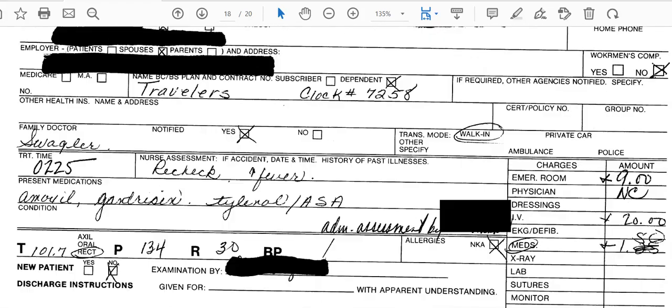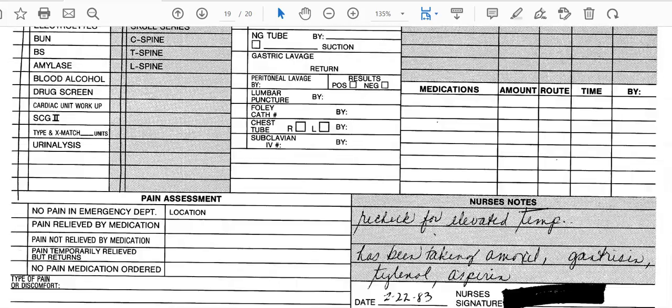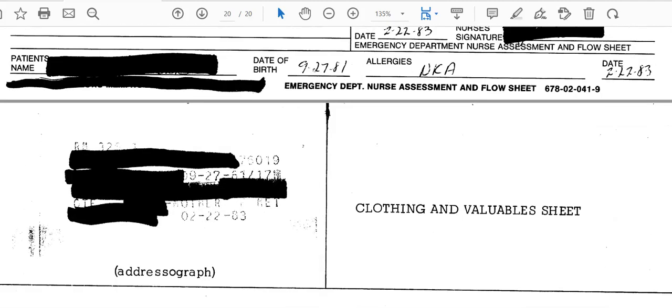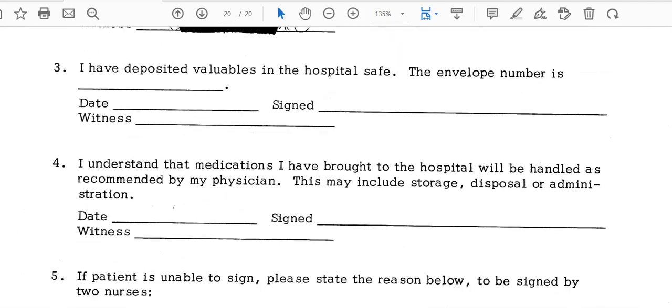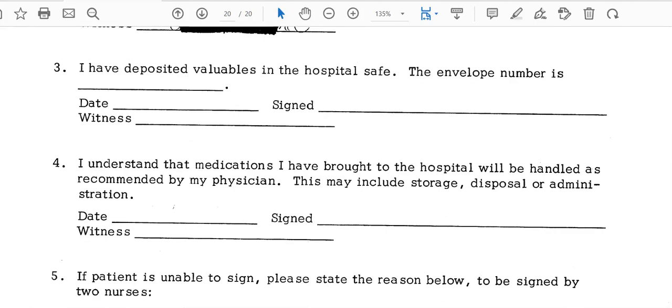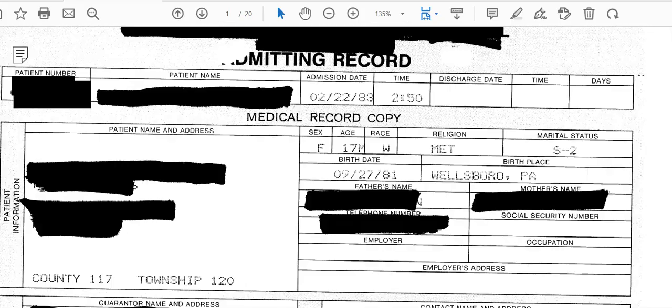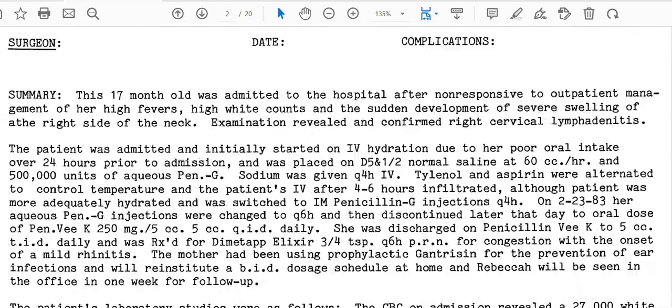This is the ER information, which becomes part of the inpatient account. So you just want to scan over that. But the discharge summary covered what happened and the H&P, and then the clothing and valuables sheets. Okay, so pretty straightforward. One thing I want to point out with this case